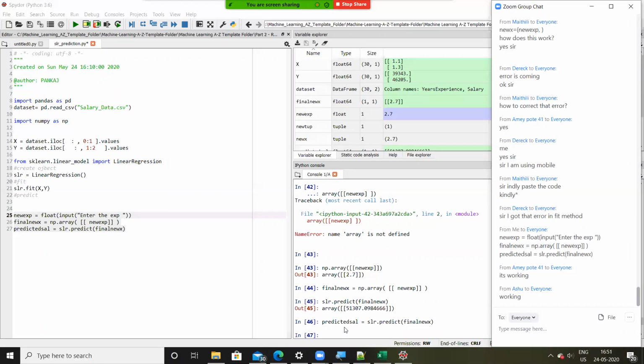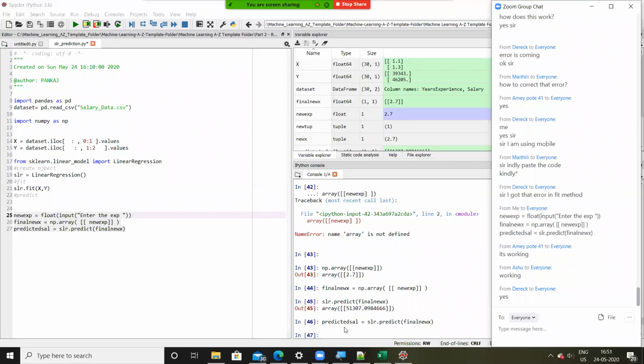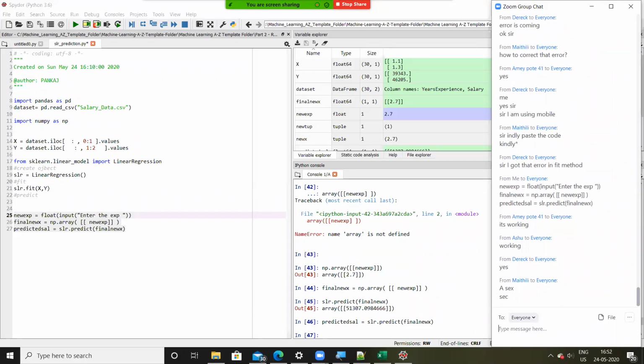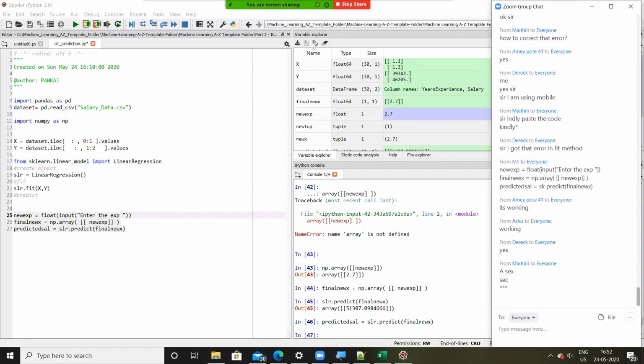Maithili, Derek, is it working now? Yeah, thanks, Derek. What about Maithili? Is this working now at your end? Sure, no worries.